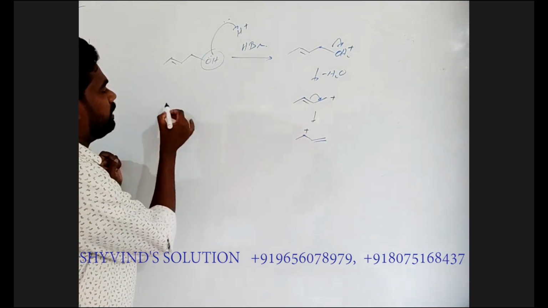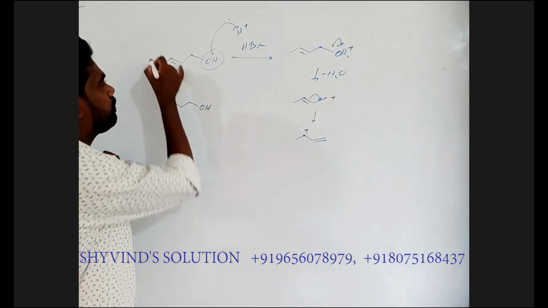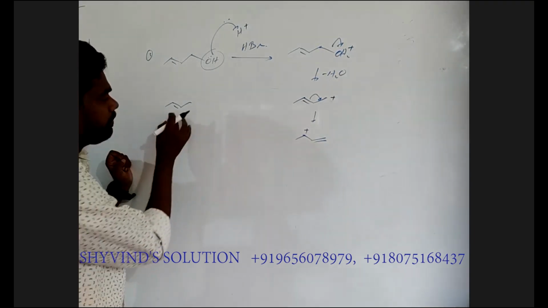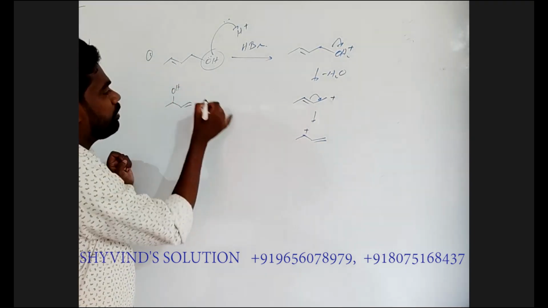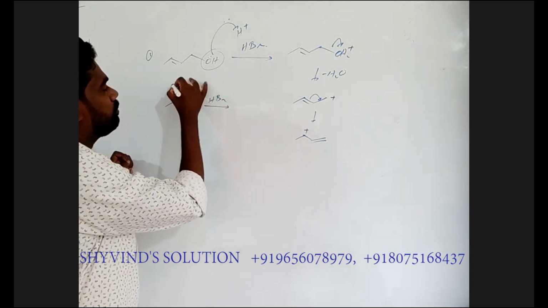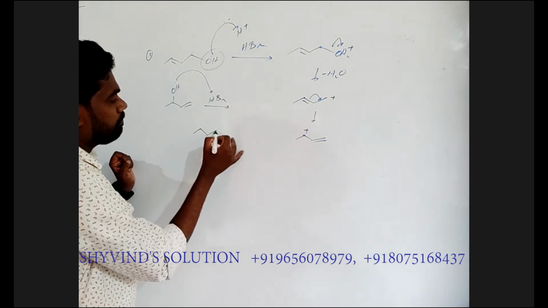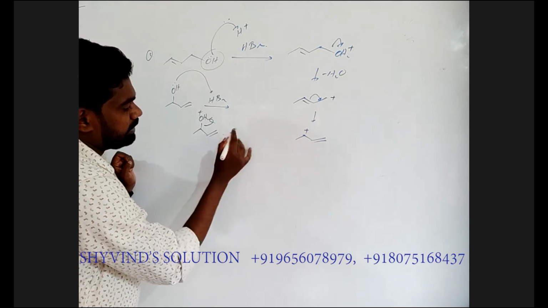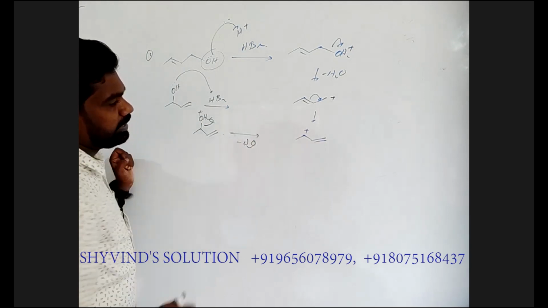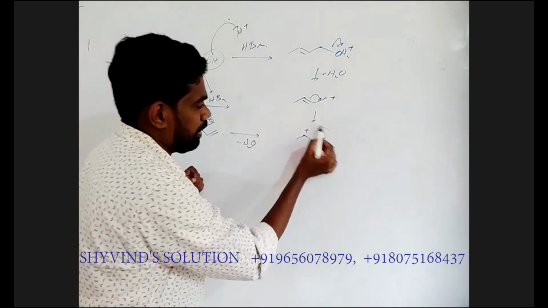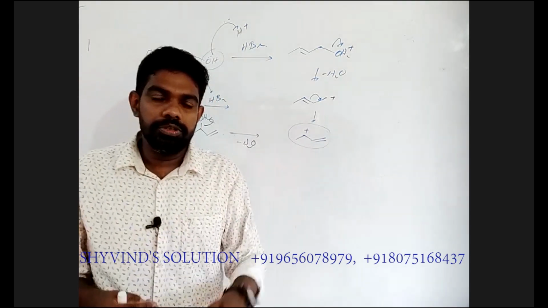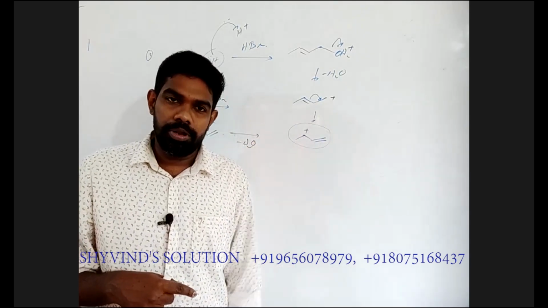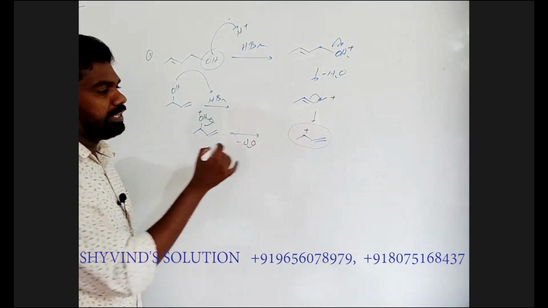And if we are starting with this one, this is the first molecule. The second molecule also has this same structure, because this is given like this. Okay, if we are treating with HBr, the same thing happens. OH2 plus, and it will eliminate H2O and we will get the same carbocation. So both reactions give the same carbocation. Okay. Here onwards, we should think that for these two reactions we have the same conditions, so we get the same product. So after the first step, we are getting the same intermediate.